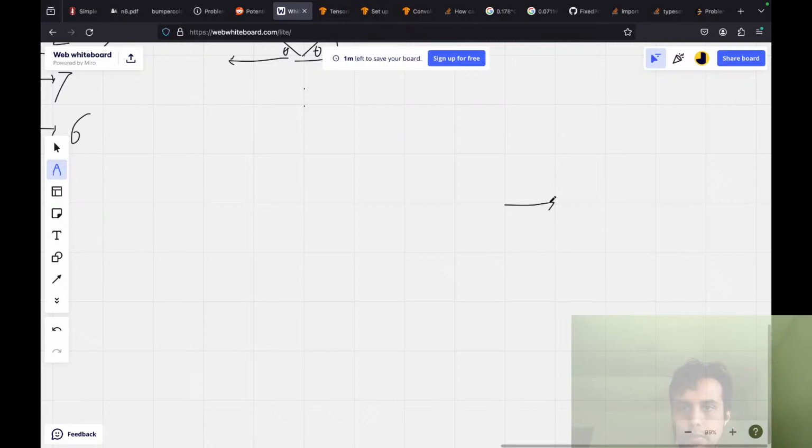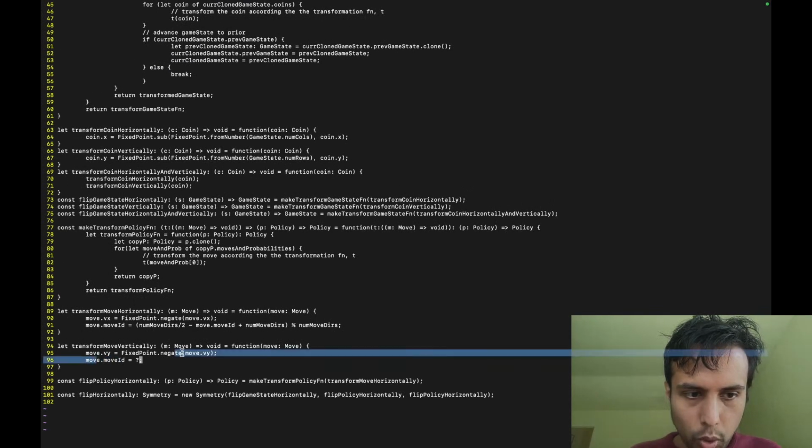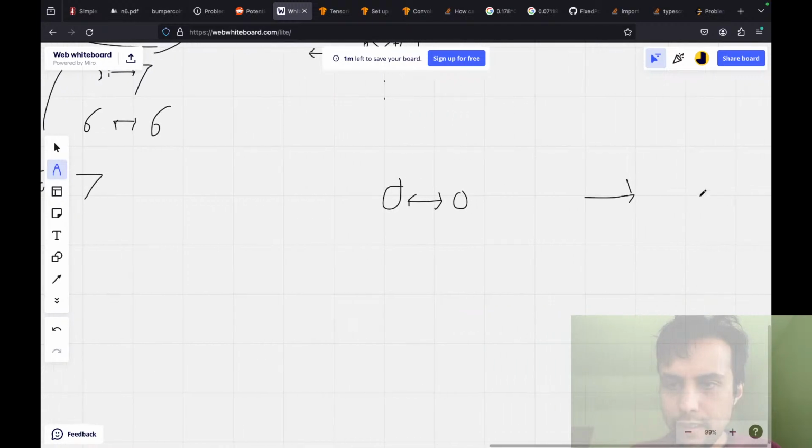So 0, when we flip the y's, 0, when we flip the y component, that's just itself, right? Because there is no y component, there's only x, and x gets preserved. We're flipping the y's. So if you have 1,